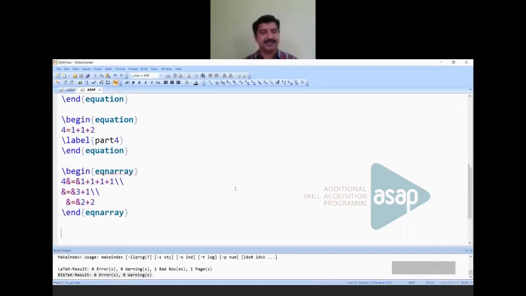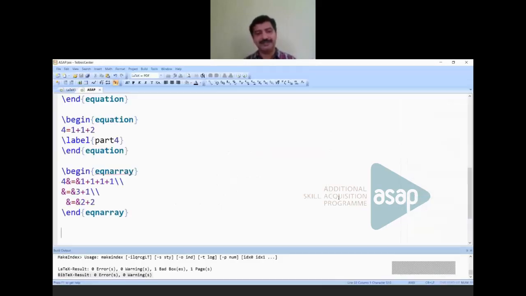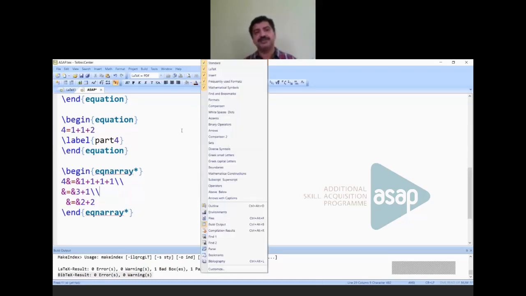ampersand symbol. Okay. Now, if you don't need equation numbering for all these equations, what should you do? Suppose you don't need 3, 4, 5 here. Okay, you can put a star. This star simply removes equation numbering or environment numbering. So if I put a star here, that equation numbering will also be removed. Now I have an equation array star. So if I run that,